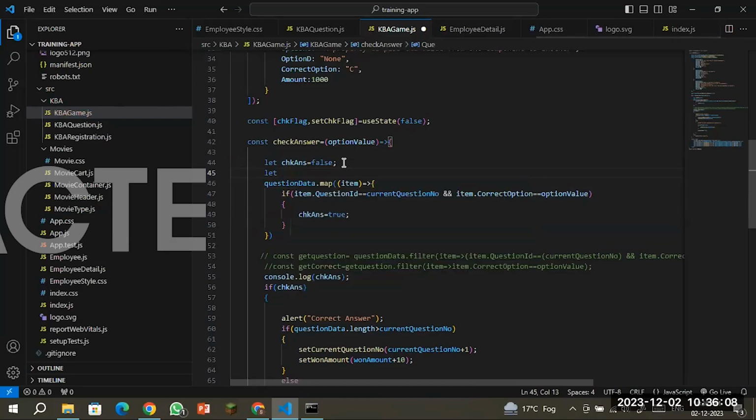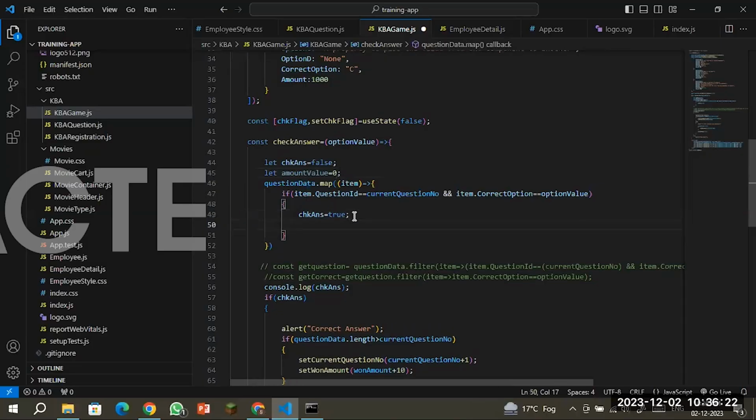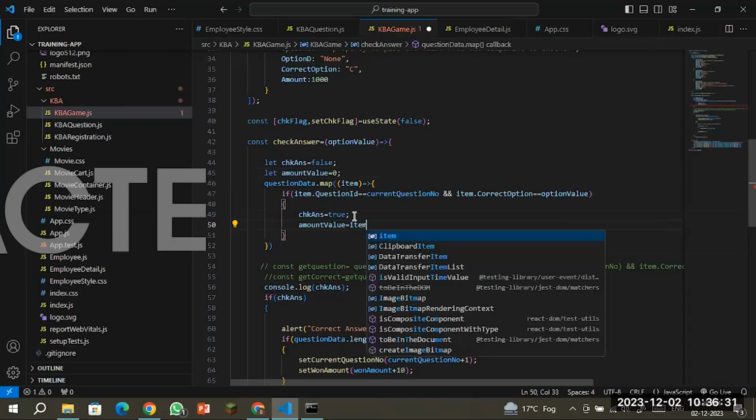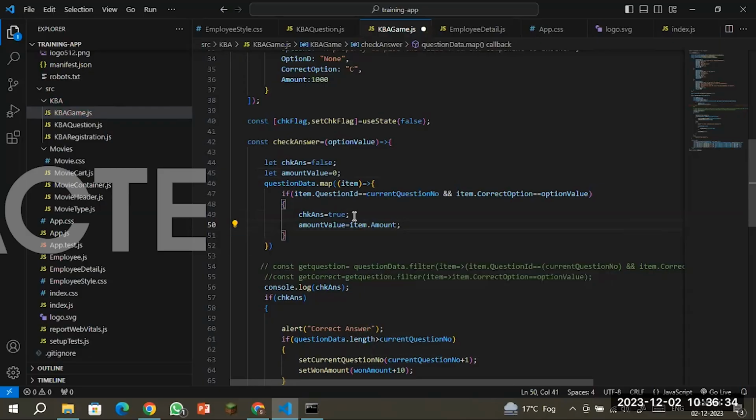I am creating an amount value as a variable that is by default 0, and here I need to set the amount value equal to item dot amount. So we'll get the exact amount of your correct answer here,